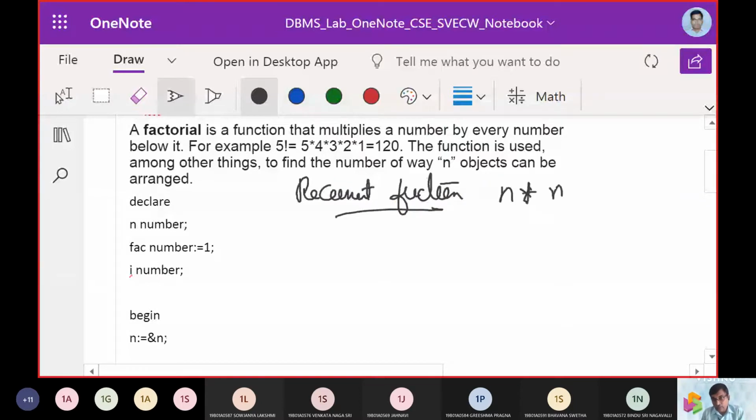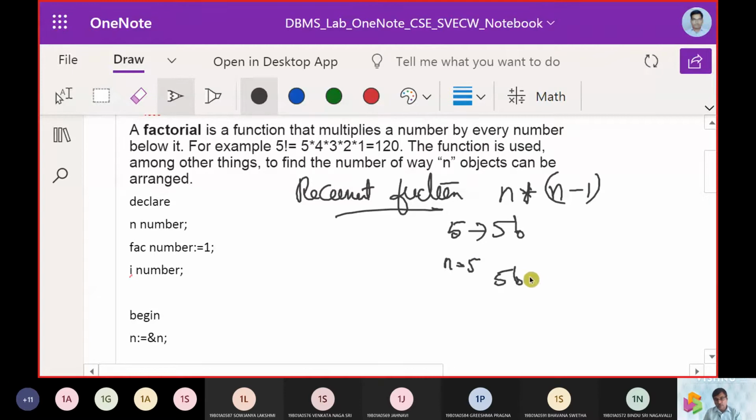That is, we get a generic form n into n minus 1, right? If I say 5 and I want 5 factorial, then it is going to be the value n. So n is equals to 5 here.